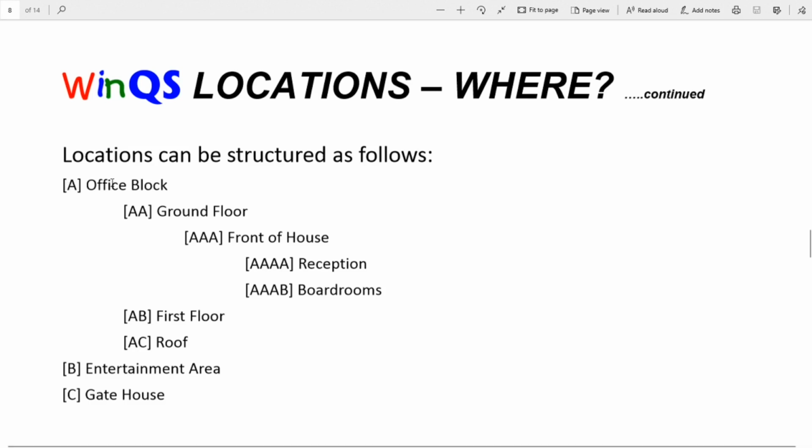Okay, so location A, we will put it as the office block. Location B, entertainment area. C, gatehouse. Under the office block, you can separate it between the ground floor, first floor, roof. Under ground floor, you can go further and separate it between the front of house and the back of house. Under front of house, you can take it separately into the reception and boardrooms, which means you will be able